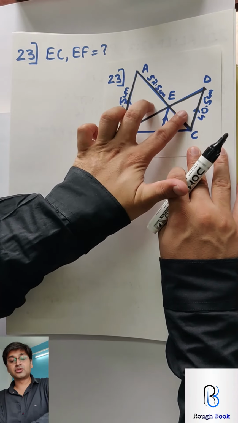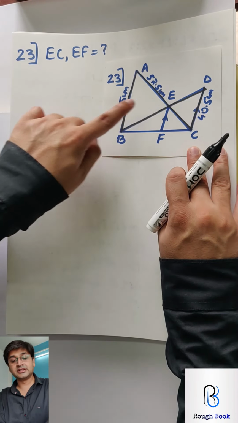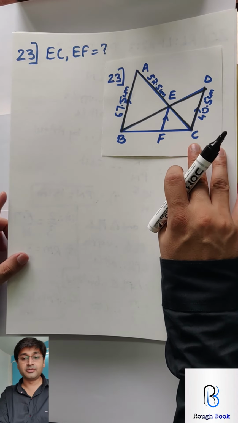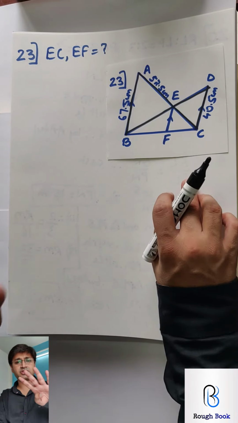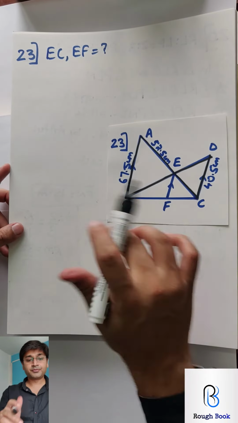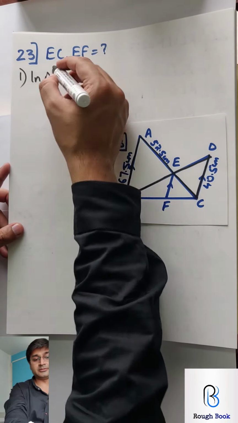So if you can prove these two triangles similar, AE upon EC equals AB upon DC. AB, DC, AE all are known. EC automatically you will be able to get. So come on, same 7-8 steps. First 4 steps prove triangle similar, CSST and then get your answer. Come on, hit it.